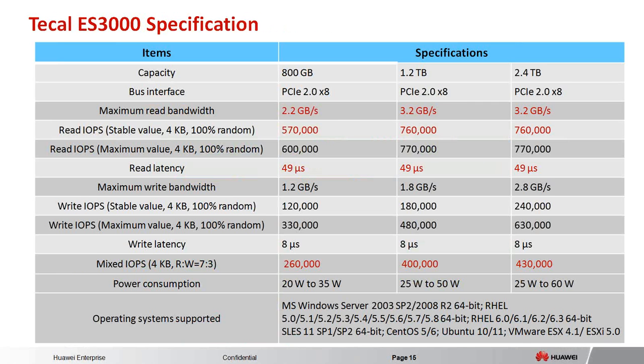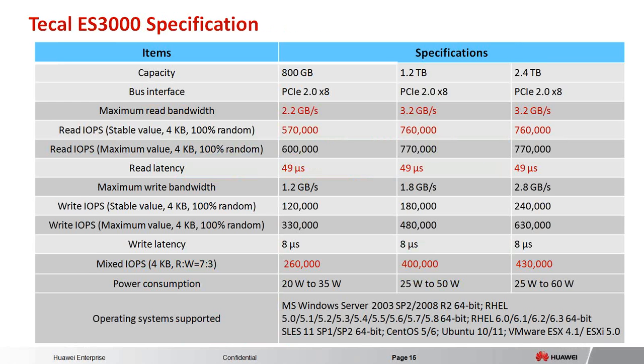This is a summary of the specifications of our 3 different cards, the 800 gig, 1.2 terabytes, and 2.4. As you see, when the capacity goes higher, the throughput goes higher, the read IOPS go higher, as well as the maximum value of 4K at 100% random read. But I want you to also look at the read latency, which is very, very low, 49 microseconds. Maximum write bandwidth on the 2.4 is